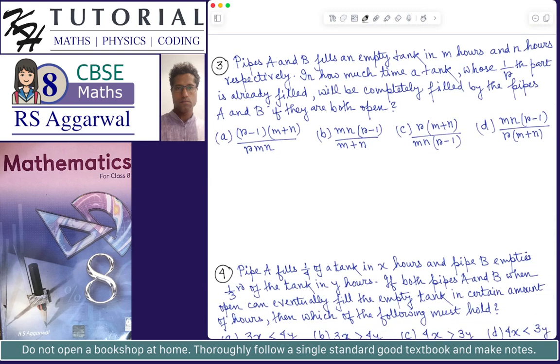Pipes A and B fill an empty tank in m hours and n hours respectively. In how much time will a tank whose 1 by rth part is already filled be completely filled by the pipes A and B if they are both open? So pipes A and B fill an empty tank in m hours and n hours respectively. So they are both inlets. So let's see work done